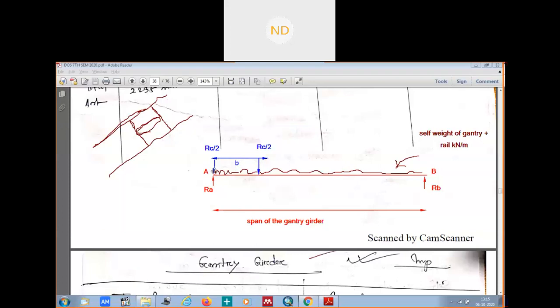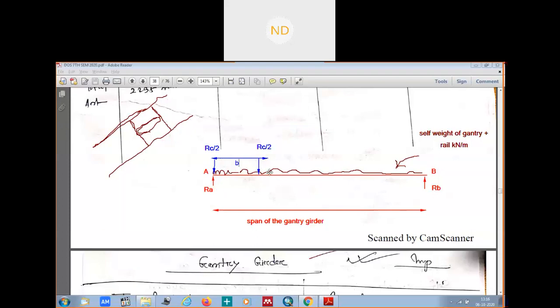That means the distance between these two wheels of the crane which is moving on the gantry girder in this way. Here, the distance between these two wheels is your B, which is known as your wheelbase. So in this way, when you know your span L of the gantry girder, the UDL, which is the self weight of the gantry girder plus the rail section, and the loads from the wheelbase which we had calculated, moving on the gantry girder, we assume our shear force to be maximum here,